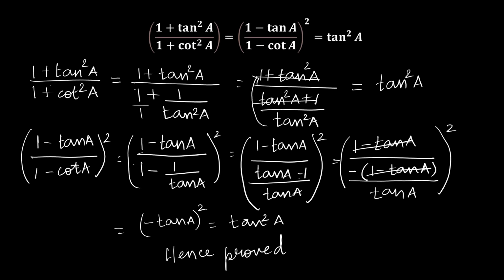So going to the next problem. This is the next problem; it's a little bit of a big problem. tan θ/(1 − cot θ) + cot θ/(1 − tan θ) = 1 + sec θ cosec θ. Now we are going to start from the left hand side. I'm not going to write the problem out again because it's going to be very big. I'm going to start from tan θ.